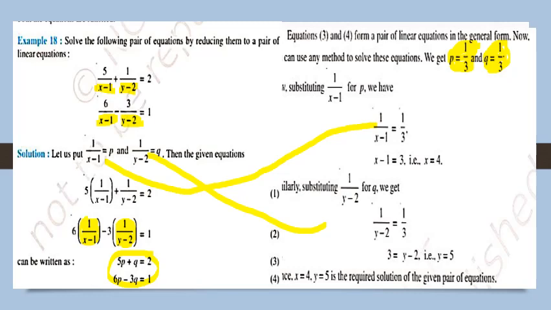So dear students, again I am telling you, in all these types of equations, what is the same? In the two equations, the denominators are the same. So we can directly recognize that the denominators are the same, and we have to substitute only that. Here x minus 1 is the same, y minus 2 is the same. So you only need to understand that 1 upon x minus 1 we can put as p, and 1 upon y minus 2 we put as q, and then reduce the equations to a linear pair of equations, and then solve using any method.